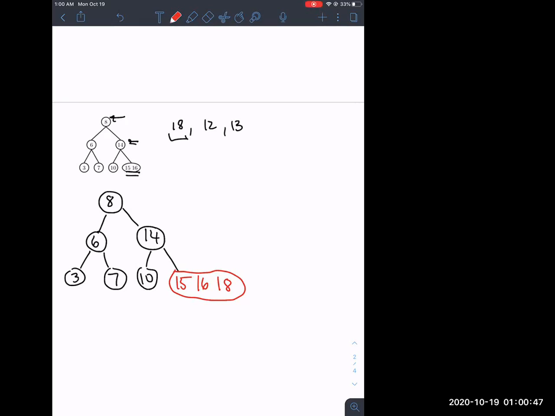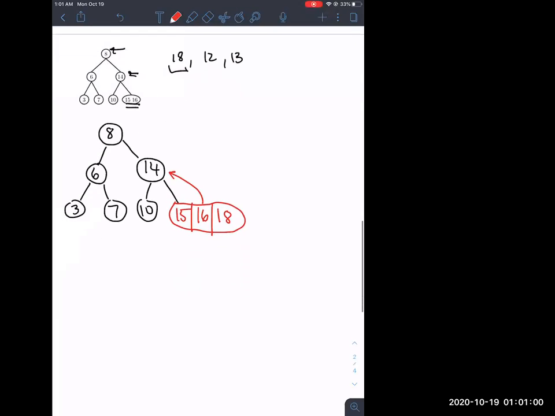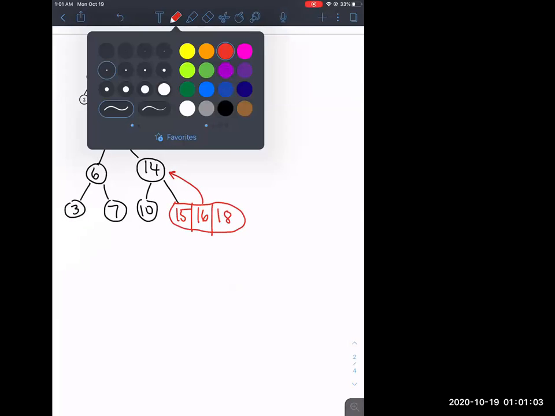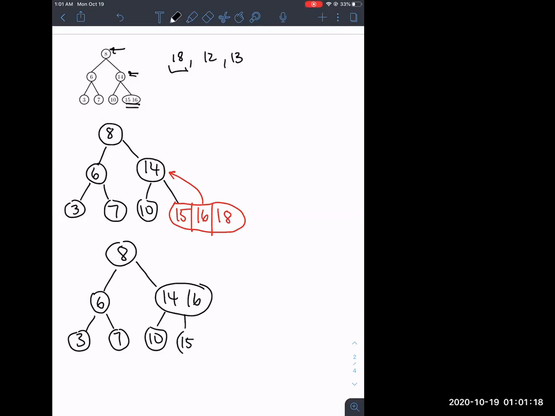is that you overstuff a node, like so, and you can actually push the middle node up to the previous level. So here I have 15, 16, and 18. I'm going to actually push the 16 up to this previous level and add it on after the 14. So my tree is actually going to look like this now. The side is unchanged. 3 and 7. On this side, I have 14 and 16 together, and then I have 10, then 15, and